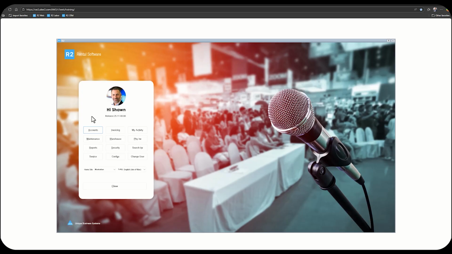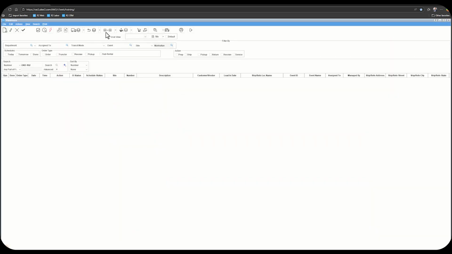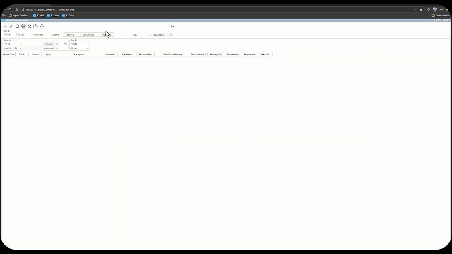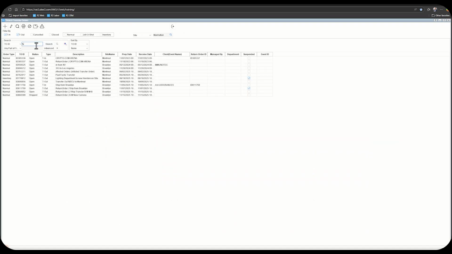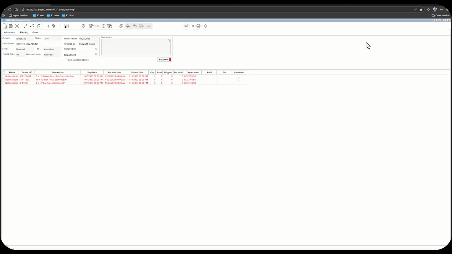This type of window that blocks access to other windows in the background is called modal. That's why we've introduced non-modal transfer order windows. Here, let's take a look. I'm going to go into the warehouse and I'll go to my transfer orders screen at the top here. I'll quickly bring up a list of all my transfer orders, and I'm going to open up the first one